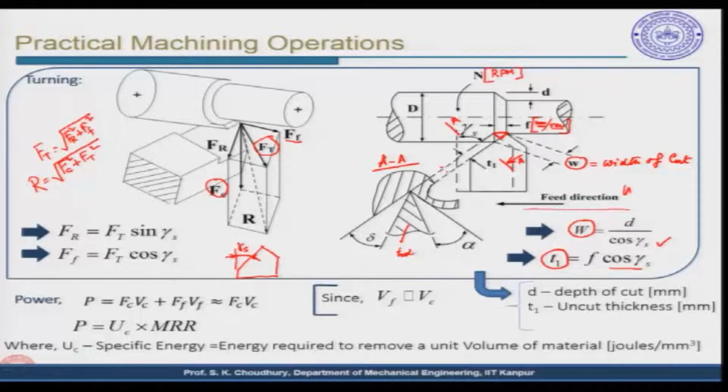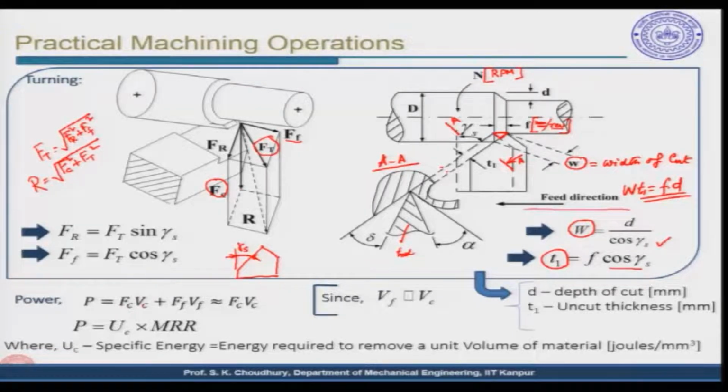So, W and the T1 is equal to F and the D. That is what we get from the geometrical relationships. Now, the power consumption during the machining, during the turning in this case, the power consumed can be given as Fc into Vc. Fc is the cutting force component, which is here,